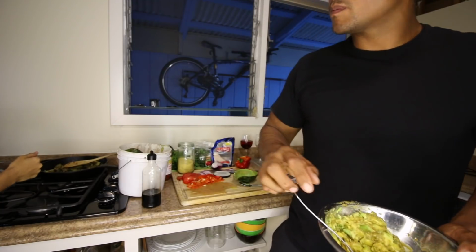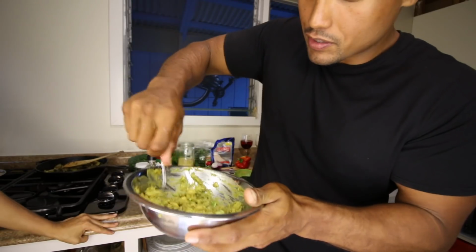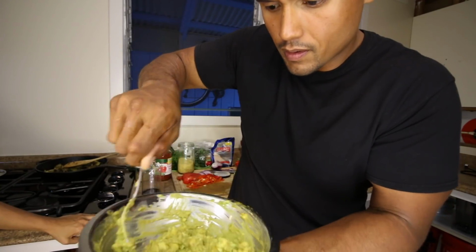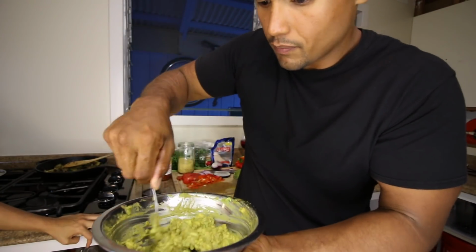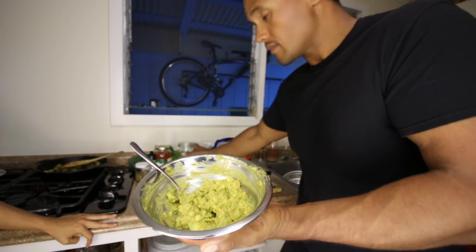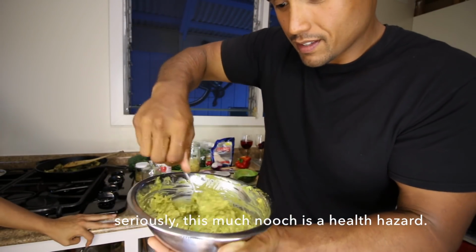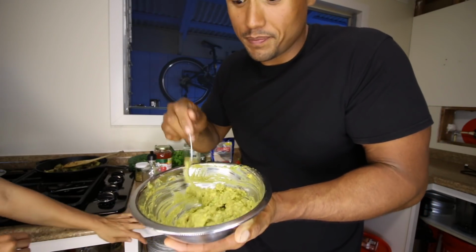Stop it. Okay, and you just keep mixing that until you get a thick consistency. It's not gonna get thicker. Well, it can get thicker if you put more nutritional yeast in it. So you mix her up, and I know it looks really bad, but